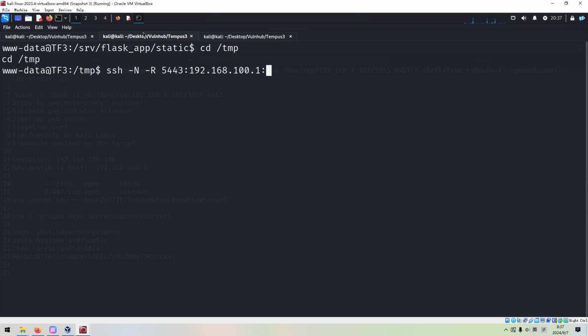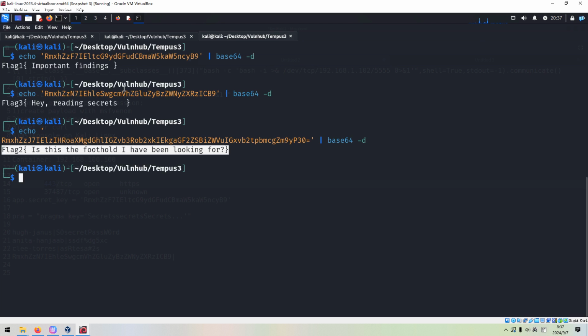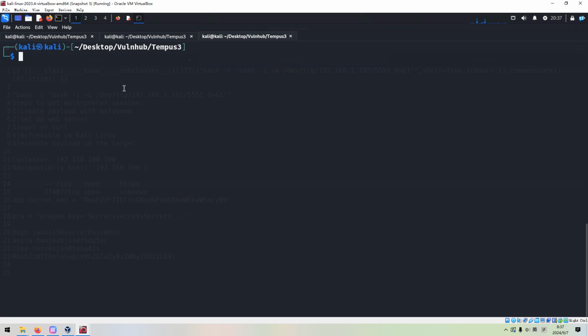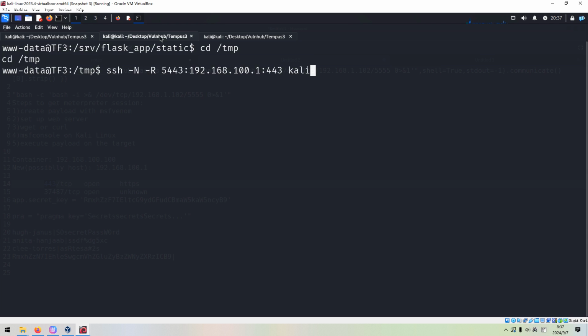But of course, I need to make sure the SSH service is running on the Kali Linux. Sudo. It's done. Kali.